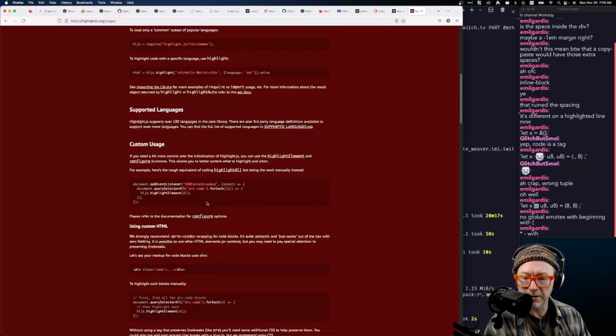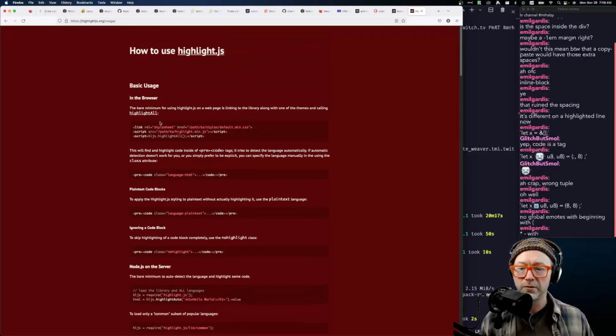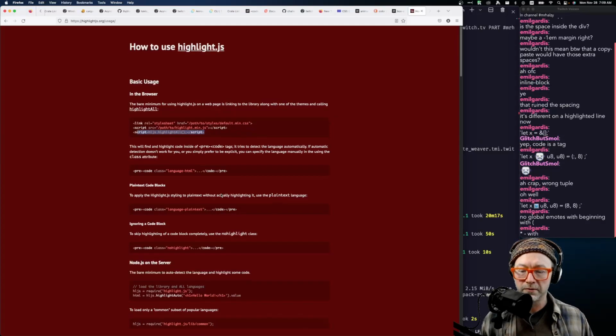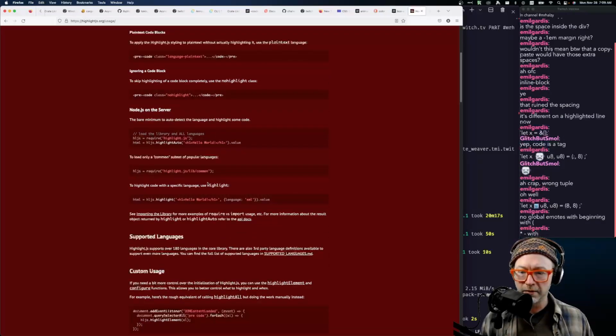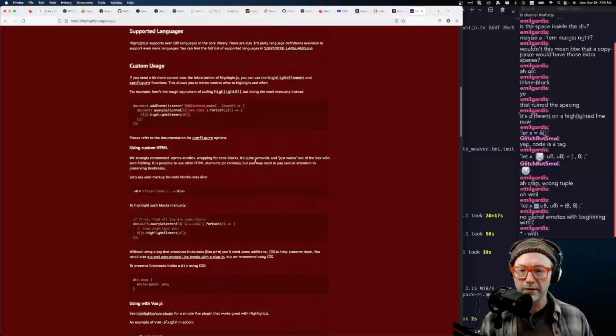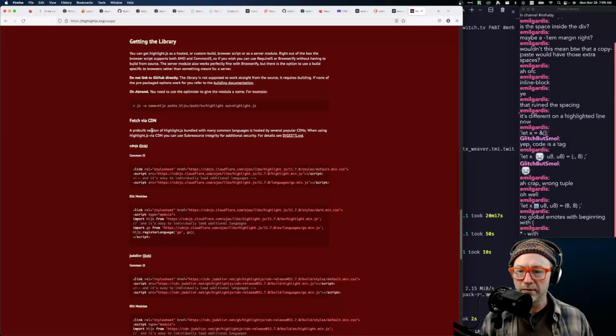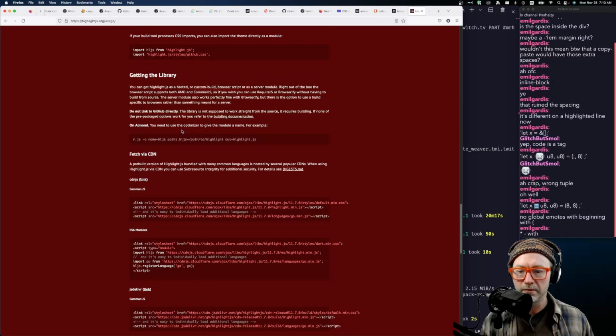Support languages, custom, okay. And I presume that there's another function that we can call. Maybe I just didn't read far enough. All right, how do I download it? Because we need to put this in like the statics directory. No, but first we need that pre and code bit. All right, fetch via CDN, getting the library. What? You can get